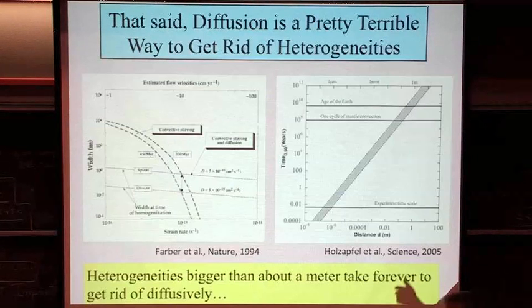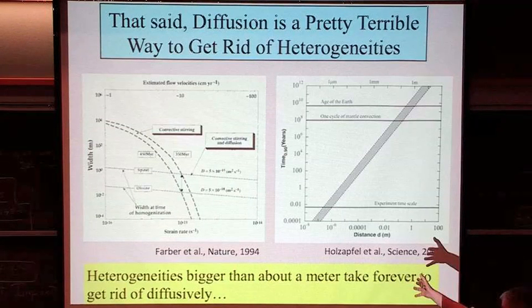I mean, there's lots of other ways to kill heterogeneities. You can melt them out. You can percolate a fluid through them. That's a much more efficient means. I mean, one would rather sooner go there than rely on solid-state diffusion. That would be my take-home message on that. Please do some geochemistry. Don't do solid-state diffusion. That would be my take.